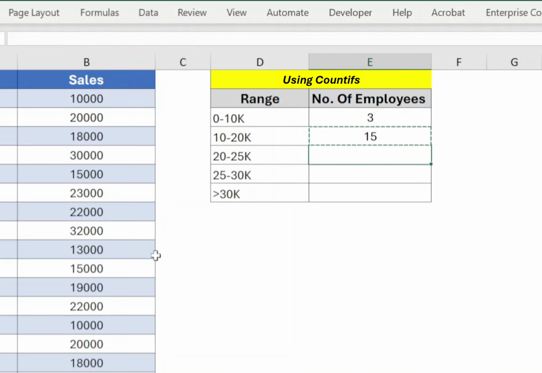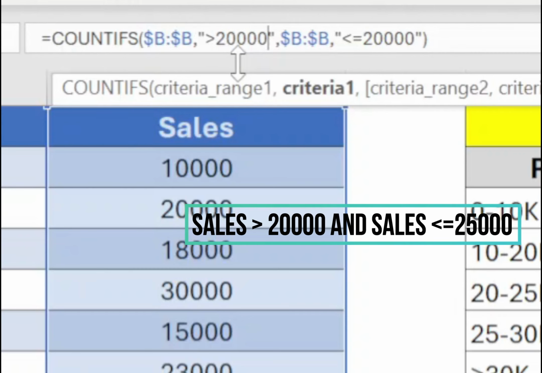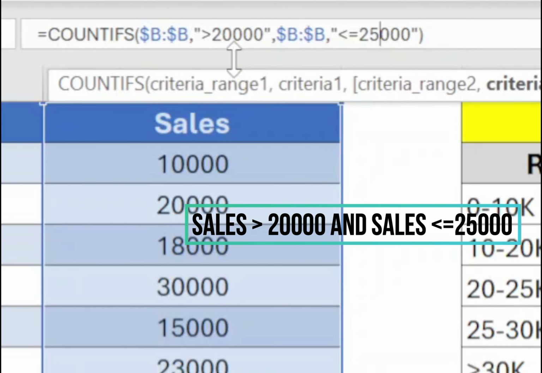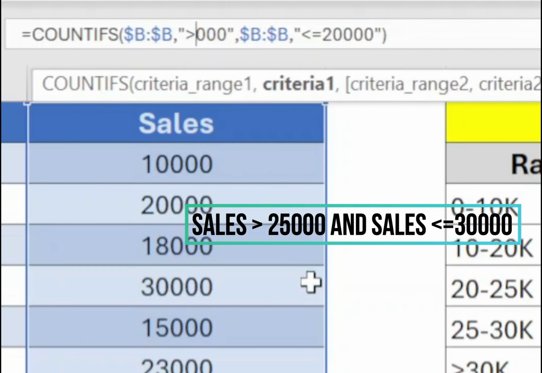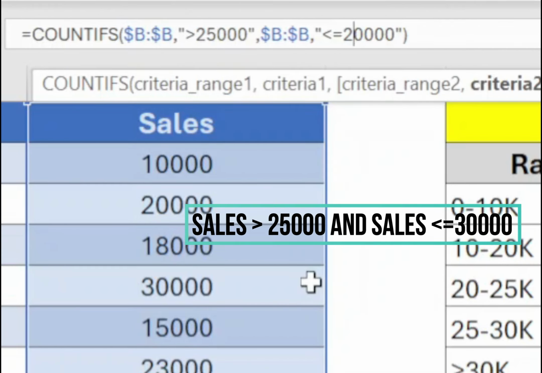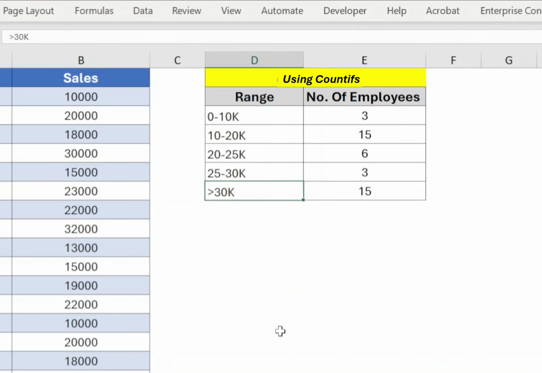Similarly, you can calculate the number of employees for the different ranges. Just copy and paste the formula, and for each range change the criteria value. So for the third row, it should be between 20,000 and 25,000. For the fourth range, it should be 25,000 to 30,000. For the last one, there is only one condition, that the sales volume should be greater than